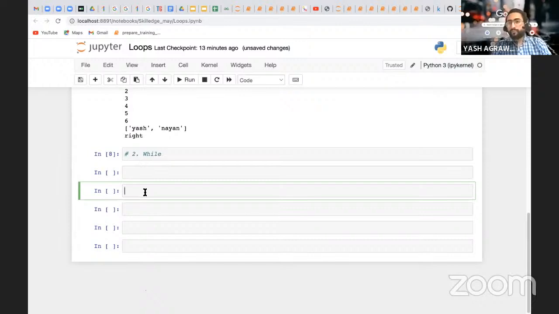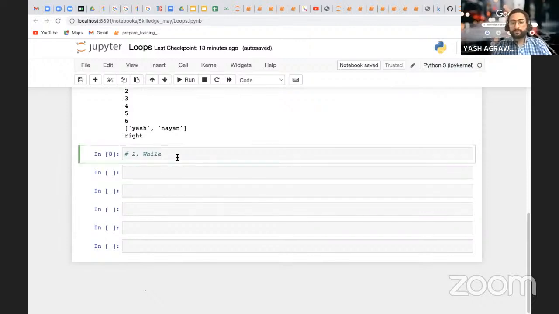He just checks for a condition, and if that is true, it will run continuously, till the end. It is a continuous loop.